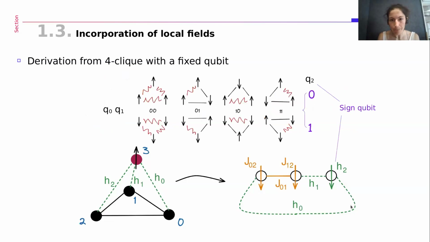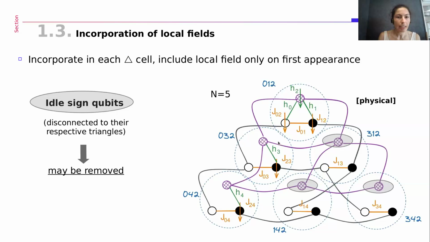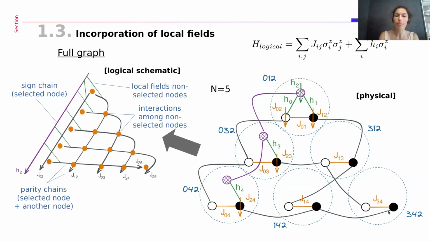So now your triangle energies are described by 3 qubits instead of 2, but you can simply add this new sign information by an additional sign qubit, which will split the energy of these configurations, and you can just solve the linear system as we did before. And if you use the same rule as before, that for each new node you incorporate the local field only on the first triangle of appearance, then you realize that there's a bunch of sign qubits that are not connected to the respective triangle, so you can just remove them, and you end up with a scheme that looks like this,